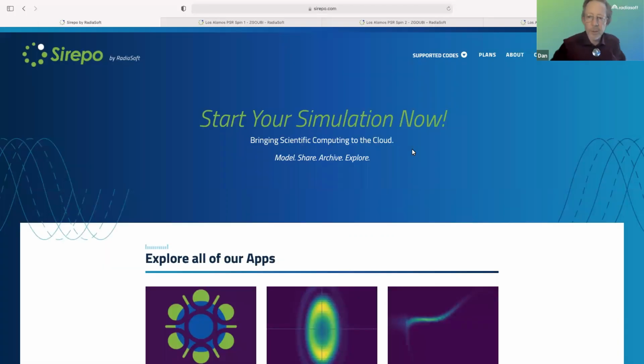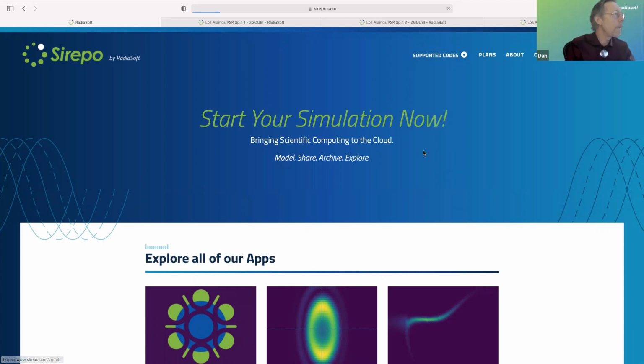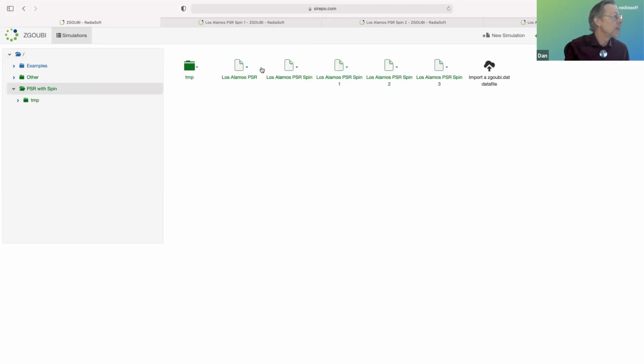So when you go to Sireppo.com, you will see this page, and in the list of supported codes, there are quite a number of them. Down here at the bottom is Zgoubi. And when you first go to Sireppo and go to Zgoubi, you'll just see an examples directory. I've since created this other directory, PSR with spin. So I will go in there and